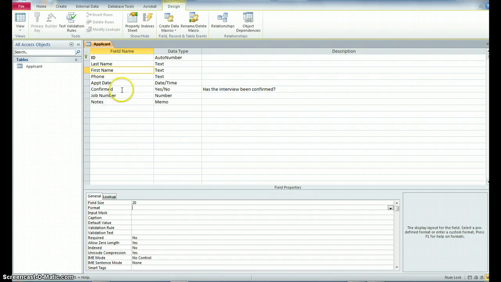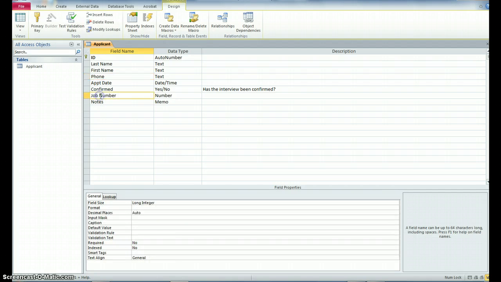And let's go to the phone field name, and let's limit this to 15 characters. And let's go to job number. And here under field size,